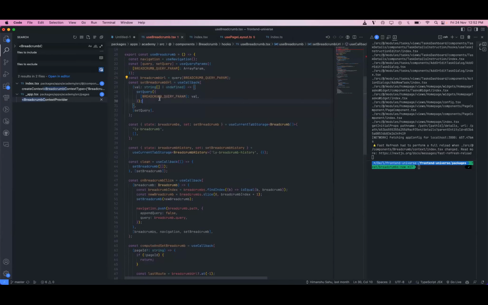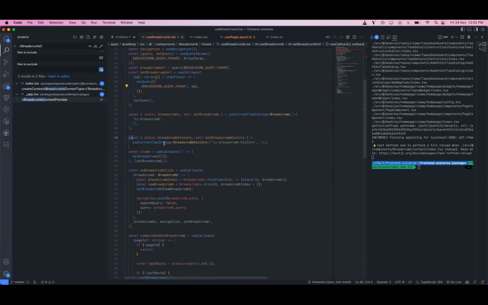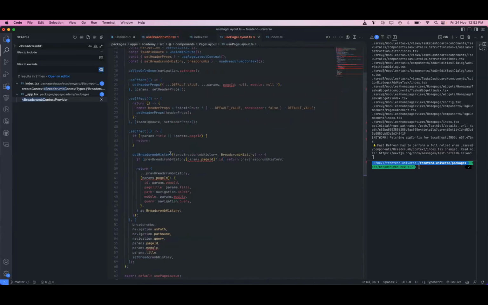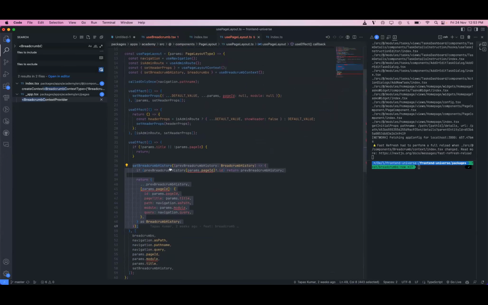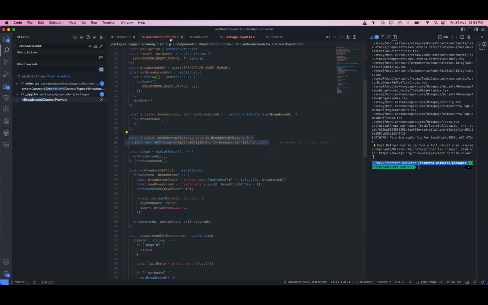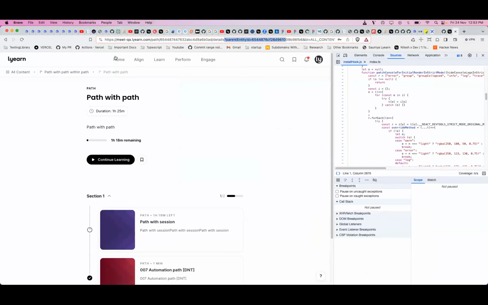तो कोड वाइज देखें तो काफी सिंपल कोड हो गया है। यहाँ पे हमने एक क्वेरी पैरम रख लिया है जिसमें हम ब्रेड क्रम्ब लुकअप स्टोर करते रहते हैं, और ब्रेड क्रम्ब हिस्ट्री में बस एंट्री डालते रहते हैं। जब भी पेज लेआउट में कुछ भी चेंज होता है, अगर टाइटल है और पेज आईडी है, मतलब कि अपने एपीआई कॉल्स कंप्लीट हो गए हैं, क्योंकि टाइटल तभी आएगा जब मोस्ट ऑफ द केसेस में एपीआई कॉल्स कंप्लीट हो गए हैं। तो इस केस में हम डेटा हिस्ट्री में, सेशन स्टोरेज में सेव कर लेते हैं। और जैसे ही हिस्ट्री में सेव होता है, ये स्टेट वेरिएबल चेंज होता है तो ब्रेड क्रम्ब कंप्यूट होके डायरेक्टली दिख जाता है।